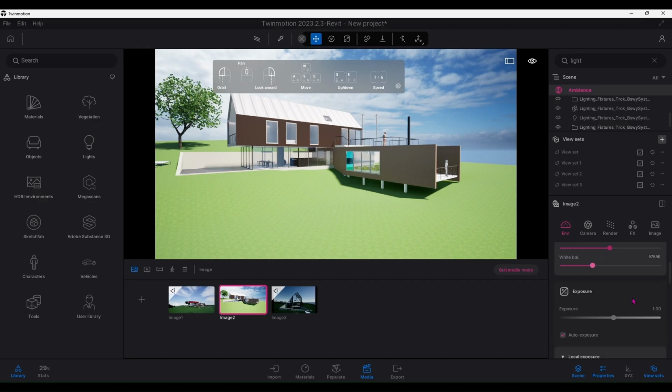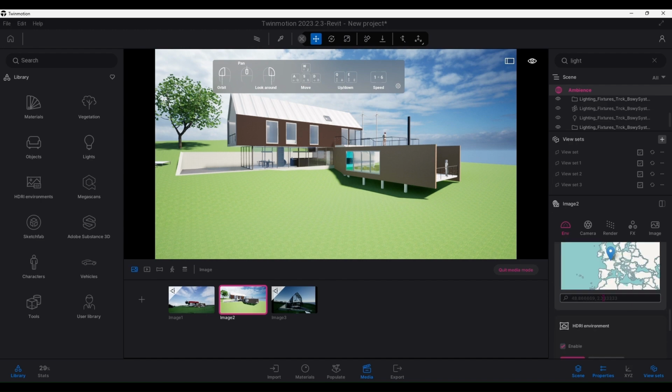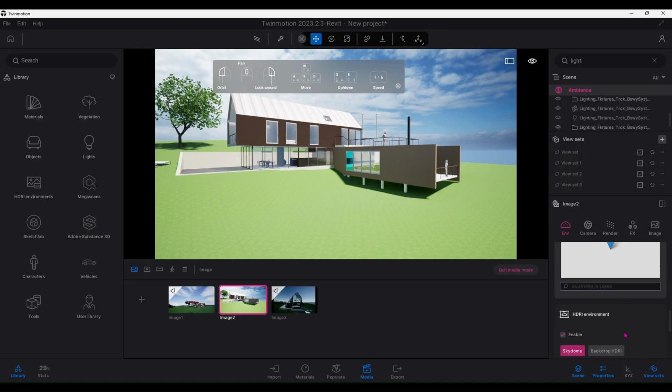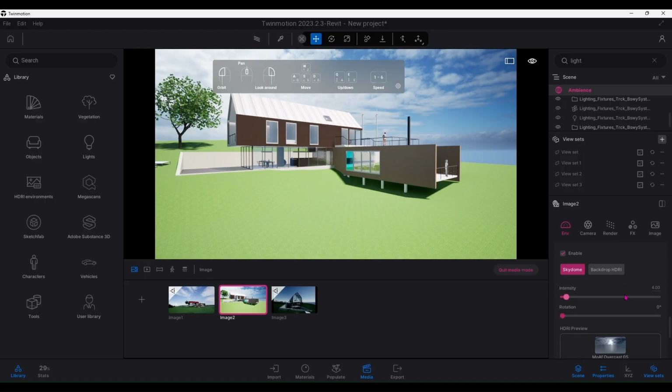So that's where a lot of the environmental lighting is, and you can set your location if you need to. You can put in an address. So that's like a lot of the environmental basics. Another thing is like view sets, or like if you wanted